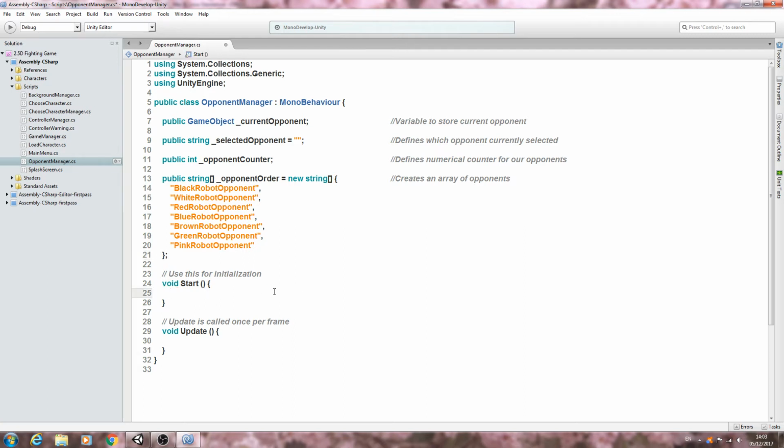So let's come to the void start. Opponent counter equals 0. Into the comments. Set opponent counter to 0 on start up. Now, I know some of you may wonder at this point, why set it to 0 here? Why not set it to 0 here? And there's a simple reason for that: we normally assign a value to the public variable